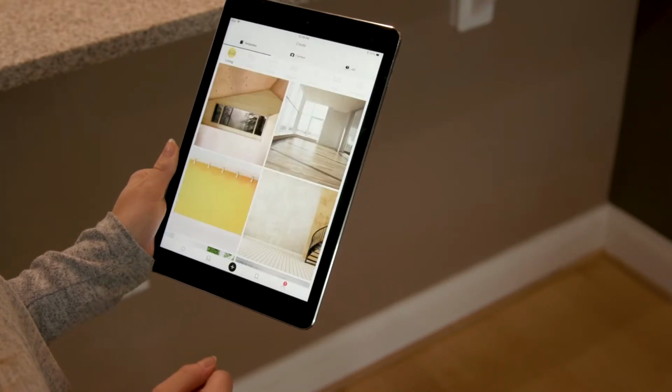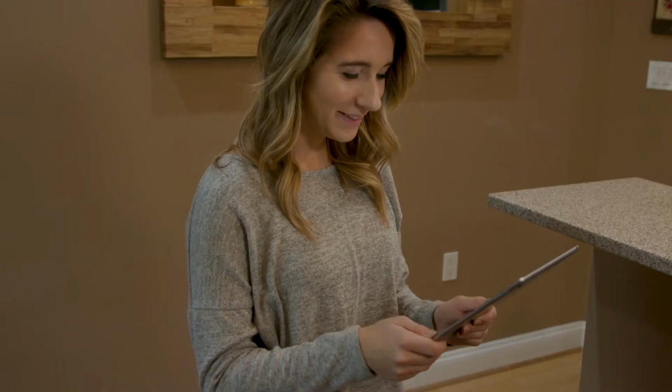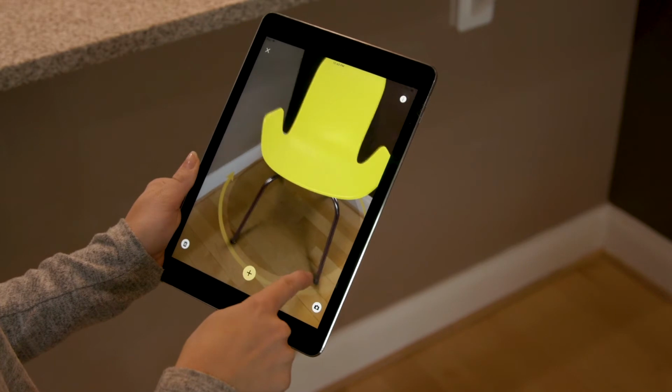Searching for a new house and want to see if you can make it your ideal home? No problem. You can completely visualize what can be done with this space in 3D. Once you buy your house, you can use it to finalize your design ideas and nail down a home renovation